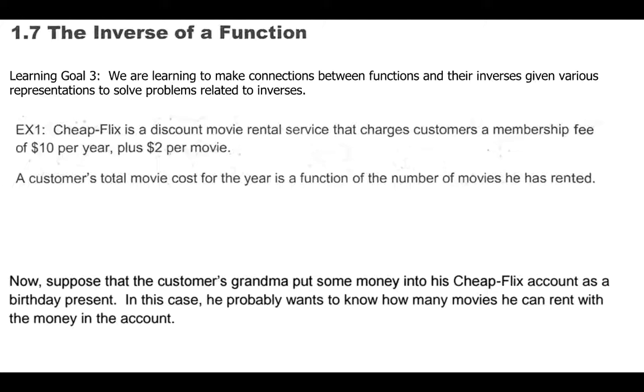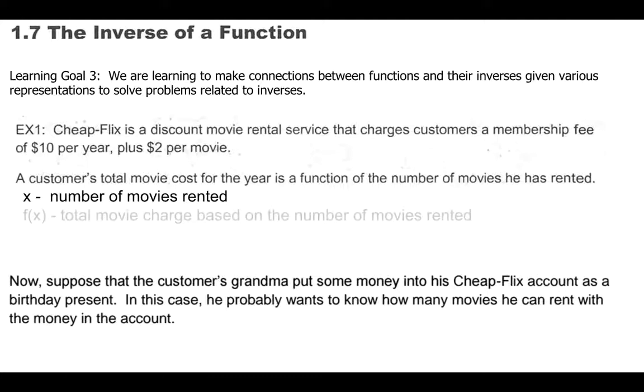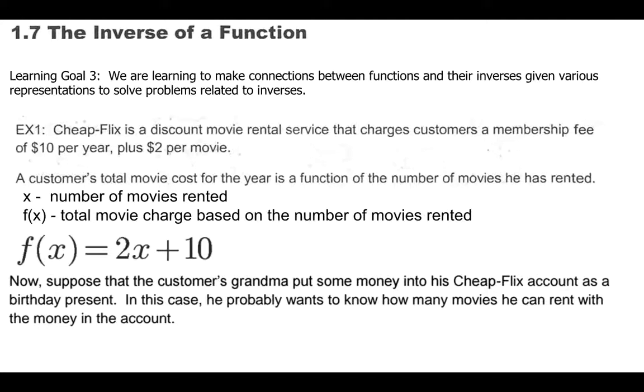So we'll start off with this situation, Cheap Flicks discount movie rental service. So you've got a membership fee of $10 per year plus $2 per movie. So 10 is like your fixed upfront cost, and you get your $2 slope. So a customer's total movie cost for the year is a function of the total movies he's rented. If x is the movies he's rented, f of x is the total charge, then f of x is 2x